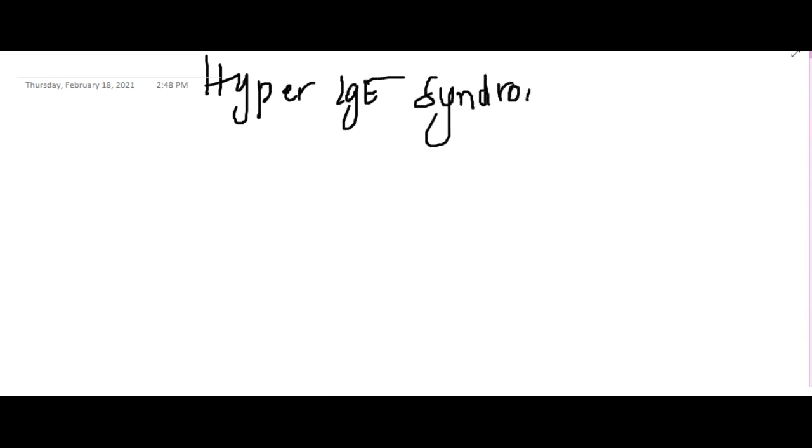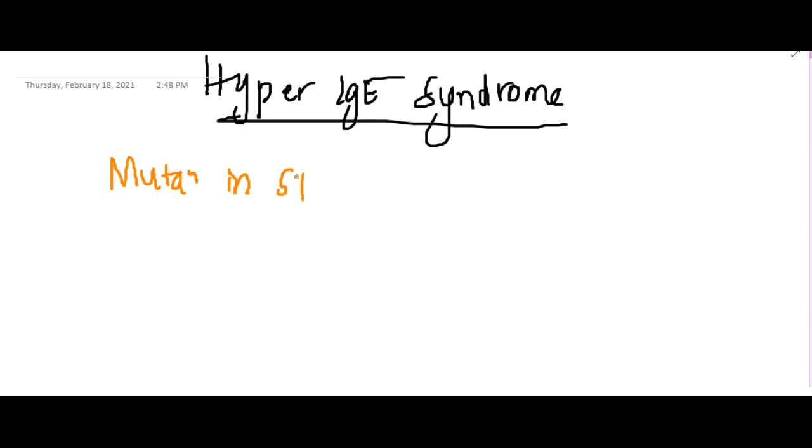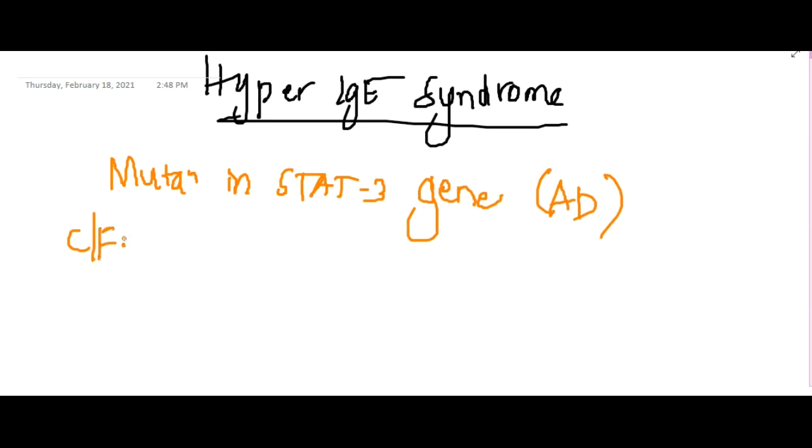It occurs due to a mutation in the STAT3 gene. This is an autosomal dominant disorder where the patient presents